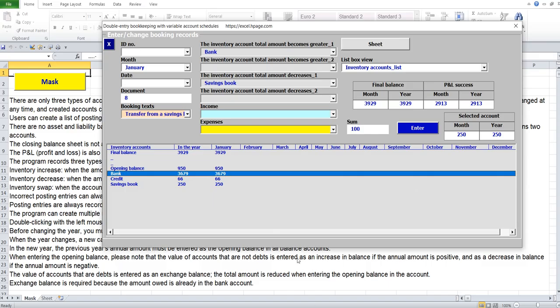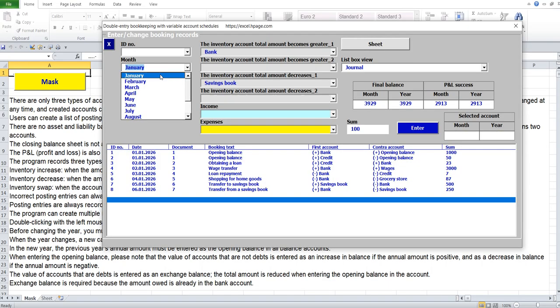Booking entries are always recorded in the selected month. The annual result is calculated after every booking entry.